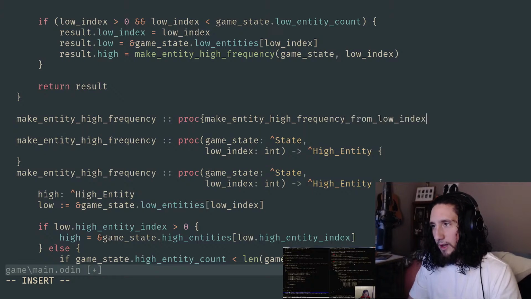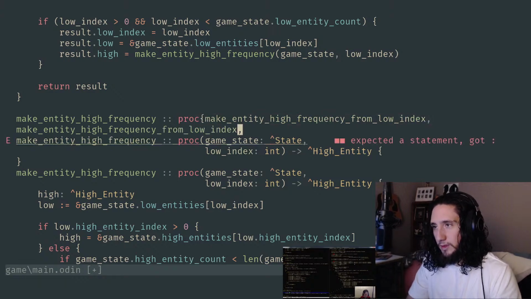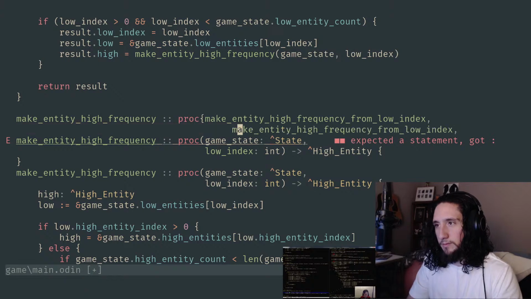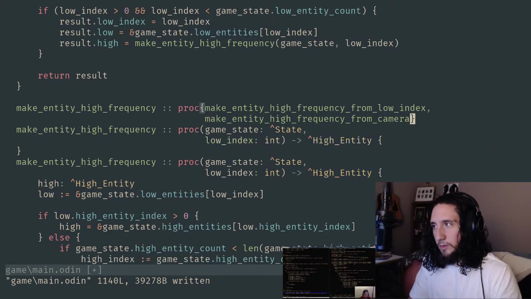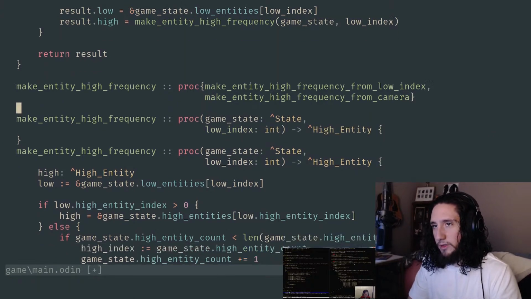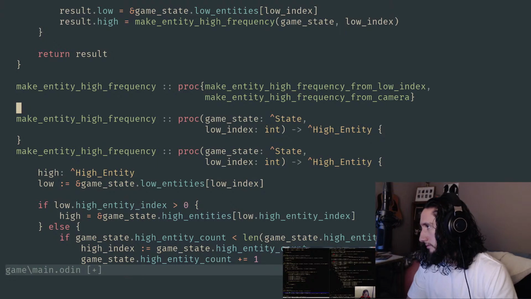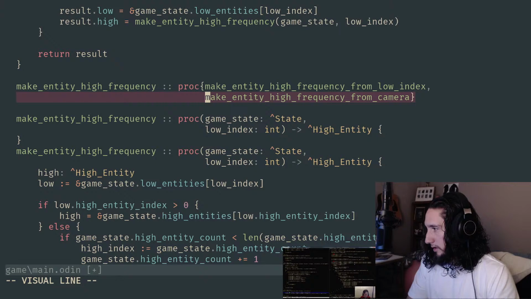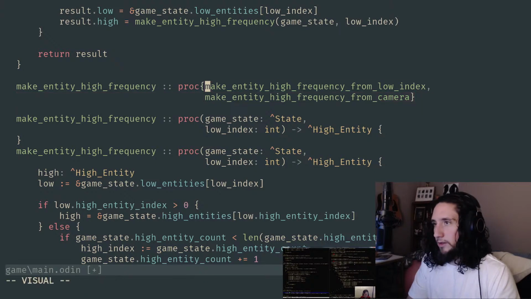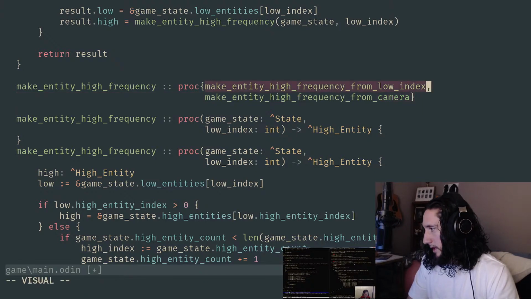I don't like how long I'm having to make these names. Maybe there's a better way, but this is what I'm thinking: make entity high frequency from camera and make entity high frequency from low index. That's basically what we have. The one that takes the camera is the lower level call, and the one that takes just the low index is the higher level call.